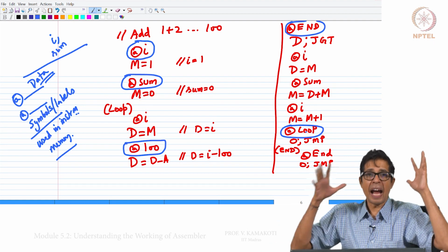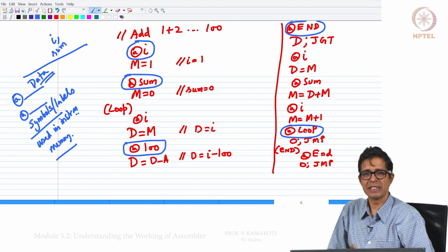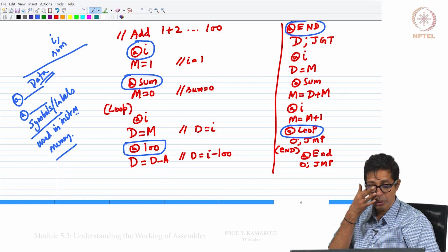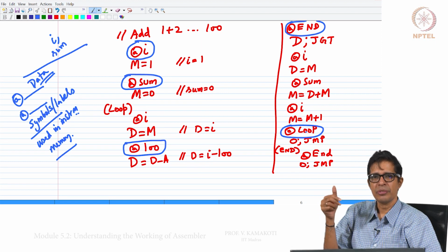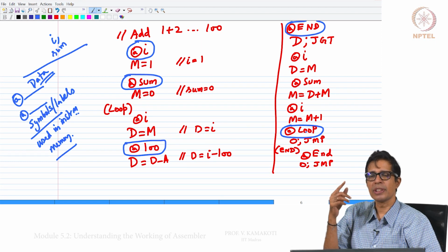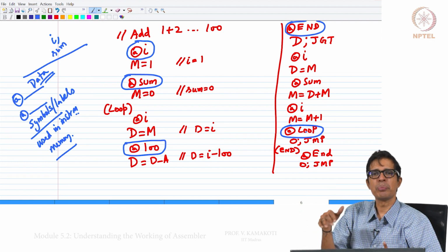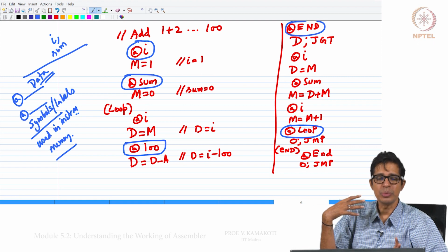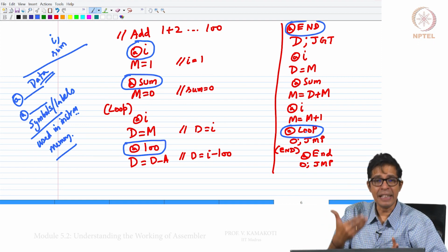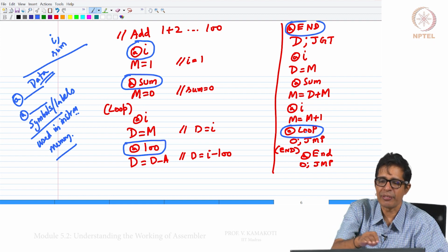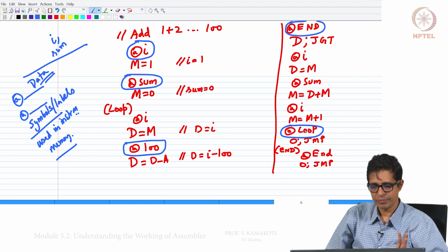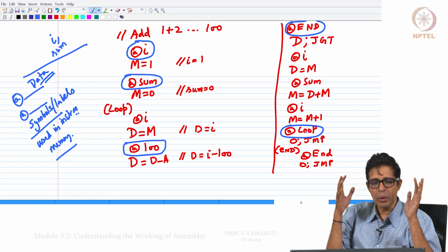So, at instruction itself, we need to distinguish three things: whether what is going to follow is a constant, a non-negative decimal constant, or a symbol, which will be a label symbol. This can point to data, or it can point to a label like loop and end, which will be pointing to some location in the instruction memory. In addition, you will have comments, and these comments have to be ignored.